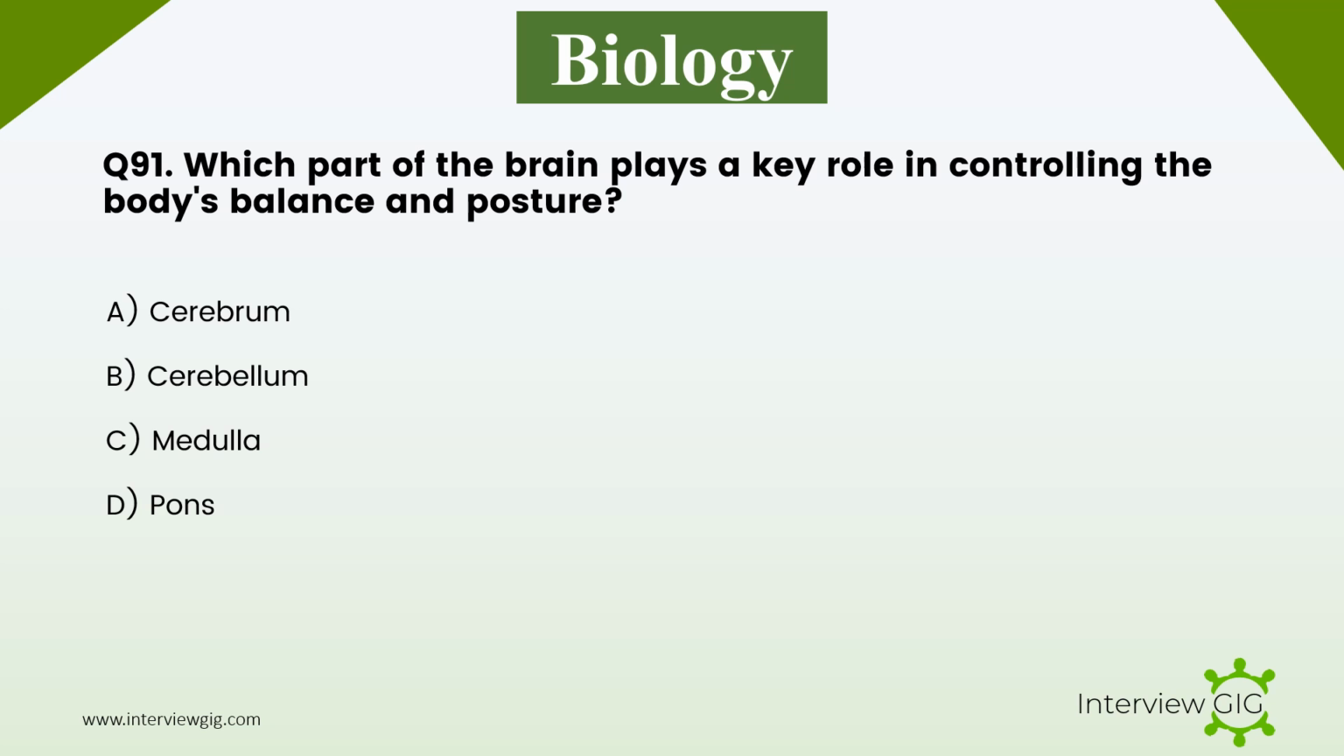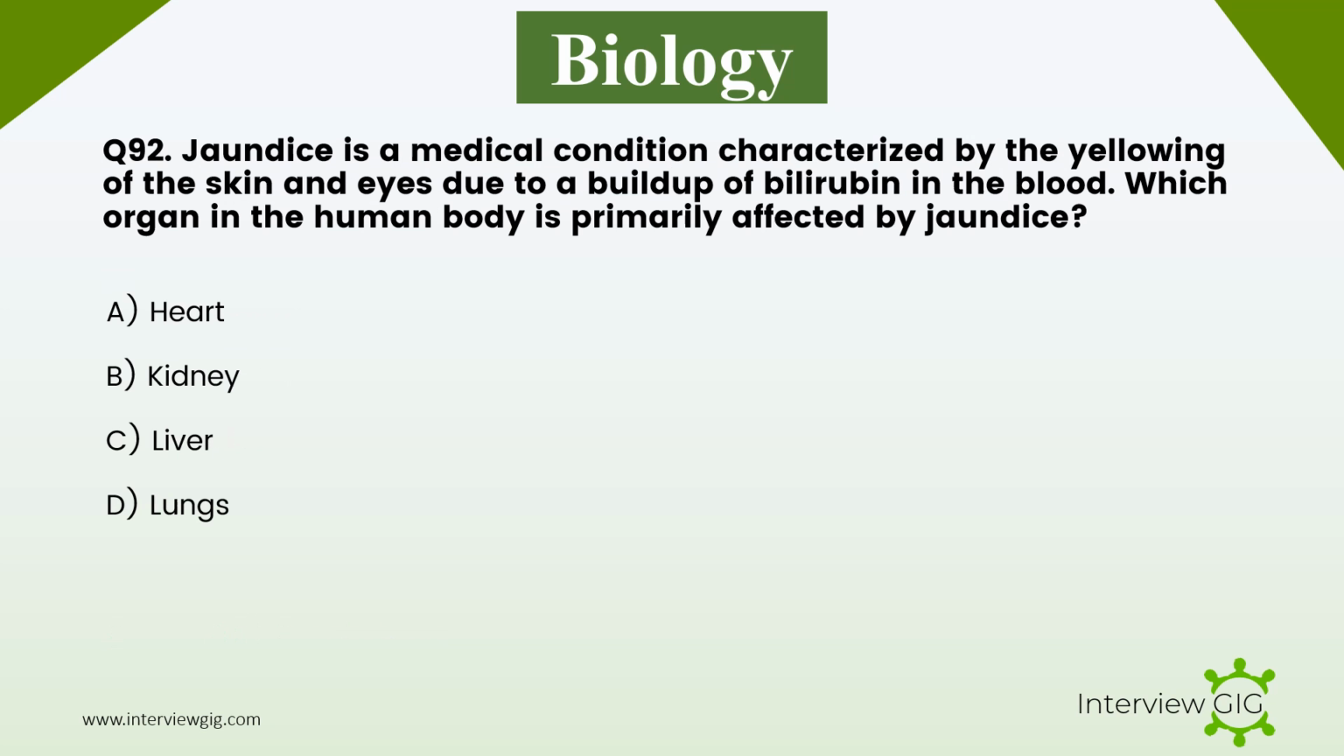Which part of the brain plays a key role in controlling the body's balance and posture? A. Cerebrum. B. Cerebellum. C. Medulla. D. Pons. Answer B. Cerebellum. Next question. Jaundice is a medical condition characterized by the yellowing of the skin and eyes due to a